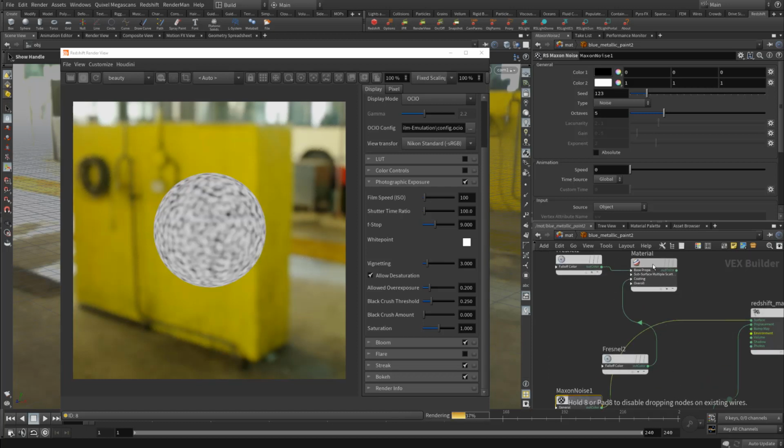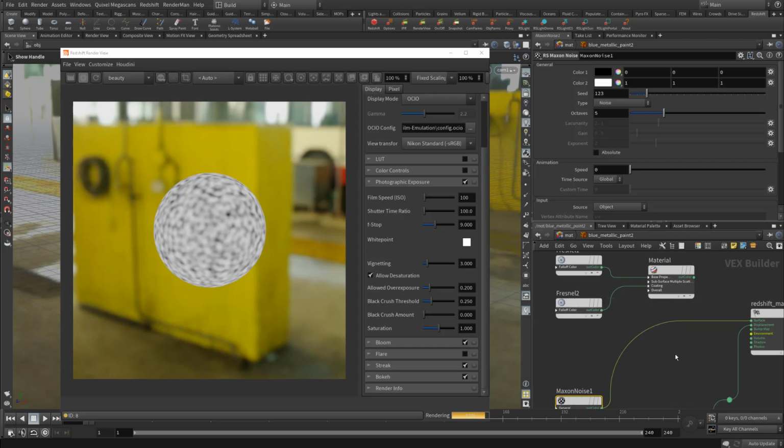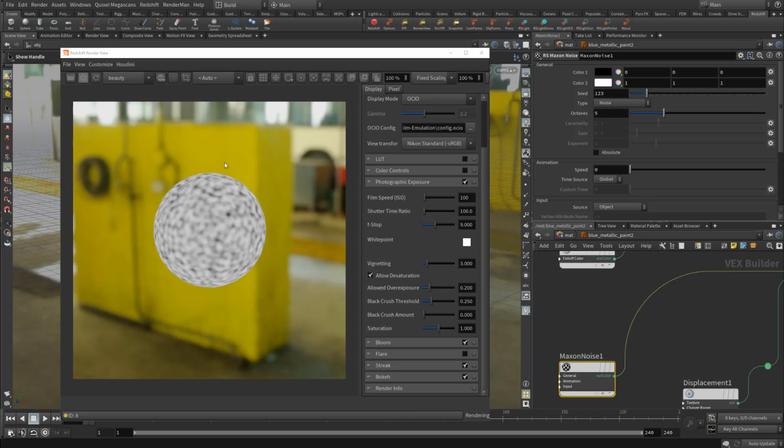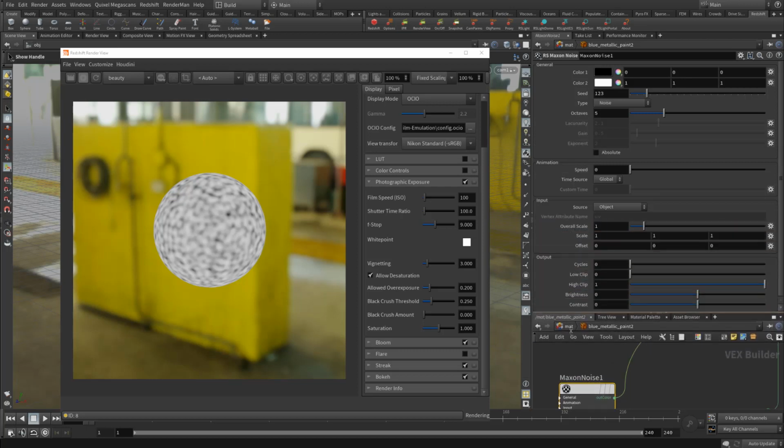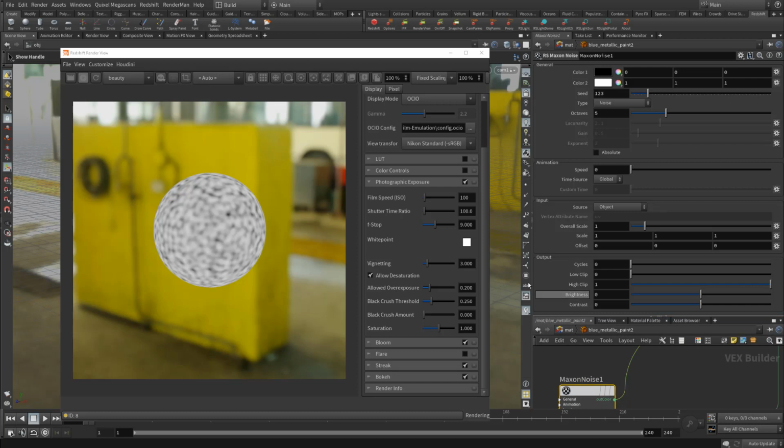So if we plug it in directly inside of our surface slot, you will get just the noise without any shading, no specular, none of that. So you can actually isolate the noise and how it looks on its own. And so this ships with several options in here. If we come down, let's move this down. It's got everything from